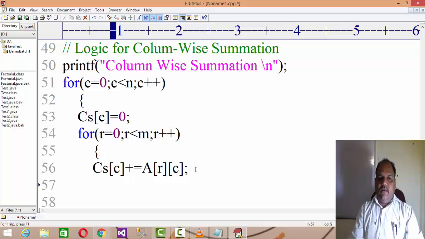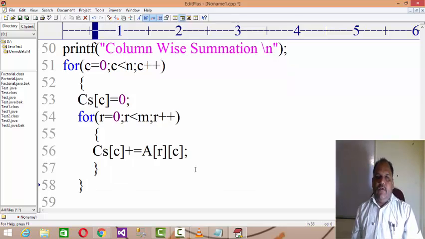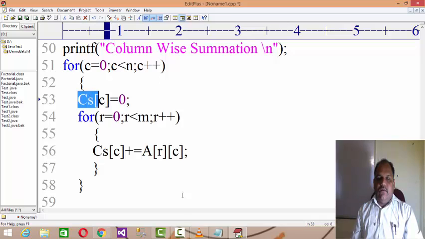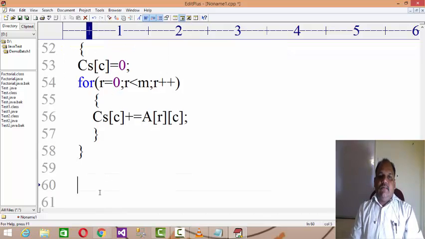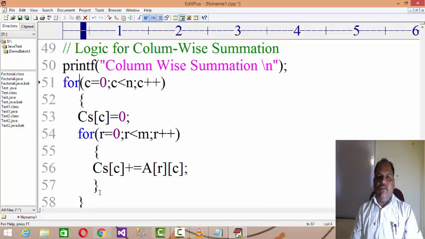of different rows. And after that, what you will find here in this case, CS of 0 means column number 0, all the elements available in the various rows will be added, and stored in CS of 0, and then the value of c is 1. So now in the second column, it will again perform like a of 0 of 1, a of 1 of 1, and in this manner CS, which is an array, CS of n will store all the column wise additions over there.